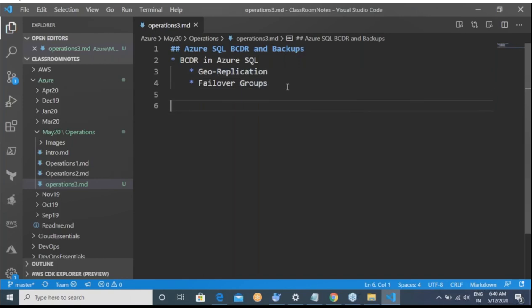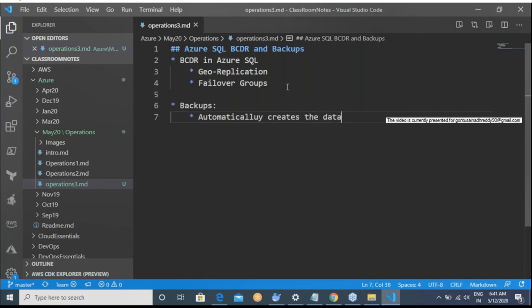Now, the thing which is different when it comes to Azure SQL is Azure SQL backups. Azure SQL database automatically creates the database backup.